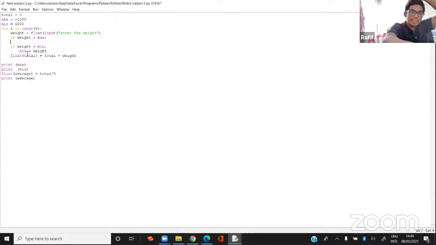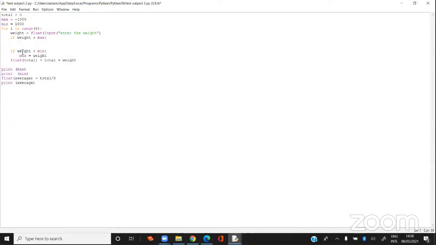Oke, balik ke kolonnya situ. Balik ke if weight max. Balik, habis itu pencet enter. Terus tulis max equals weight. Tulis. Itu